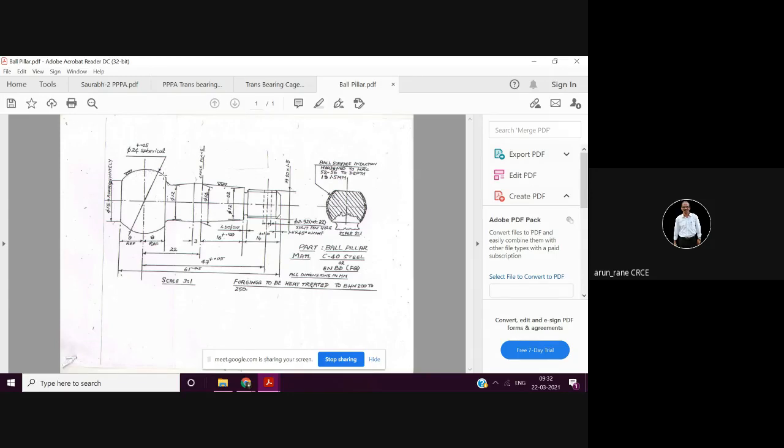Because if you are doing half portion in setup 1 and half portion in setup 2, there will be mismatch. And of course this diameter that you are going to maintain should again be concentric to this. So that is implicit, but explicitly it is not given. So let's continue here.